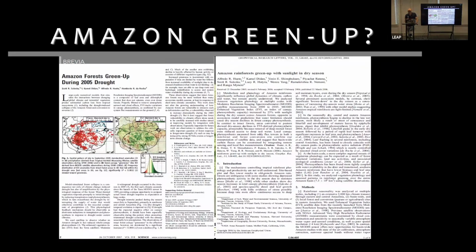And so this didn't quite make any sense, but they argued, you know what, there was less rainfall, but there were fewer clouds, which meant there was more sunlight. And they said there's probably still plenty of soil moisture. And with the more sunlight, the plants could photosynthesize more. And so they argued that perhaps it greened up. But our team was like, that's a little bit weird.